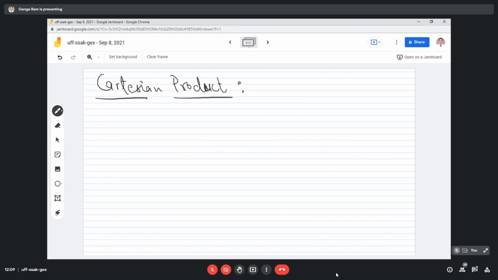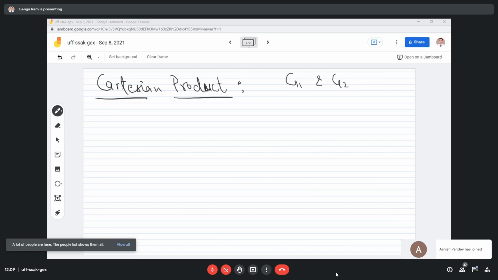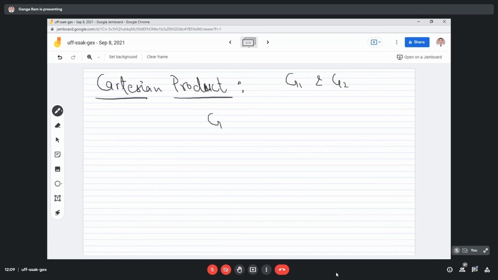Cartesian product. Okay, it will say that again, if G1 and G2 are two graphs, then G will be G1 cross G2, whose vertex set of G will be the product of the G1 vertex set and the G2 vertex set, and the edge set of G will be